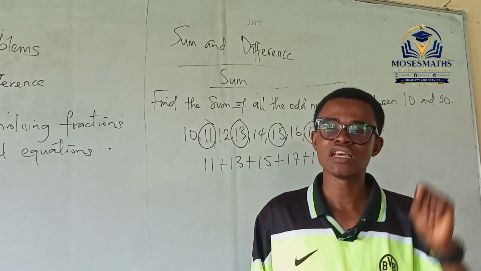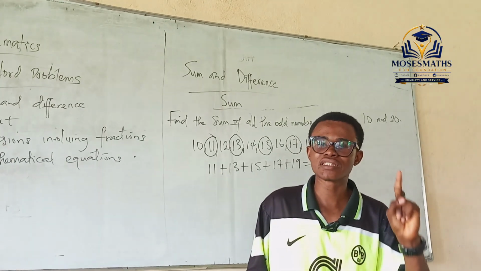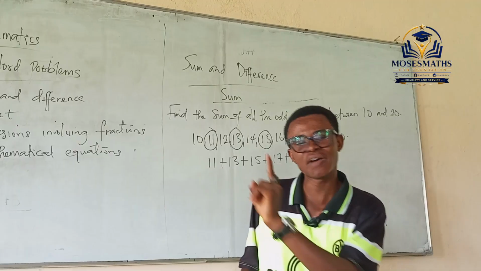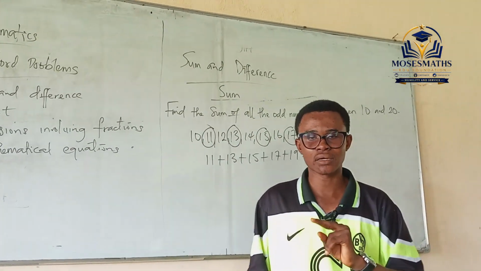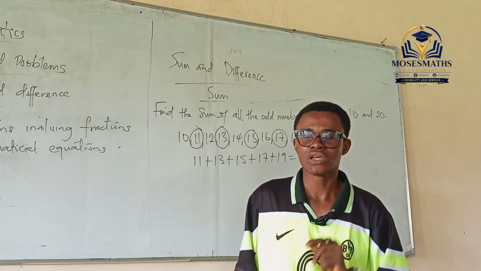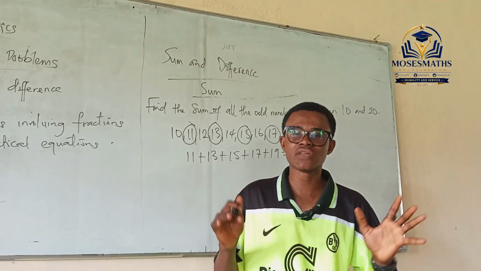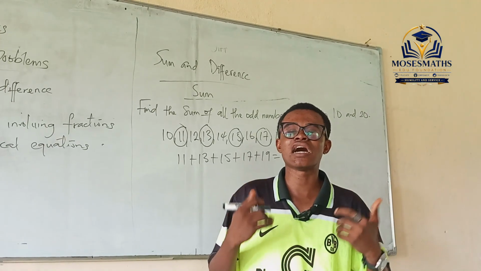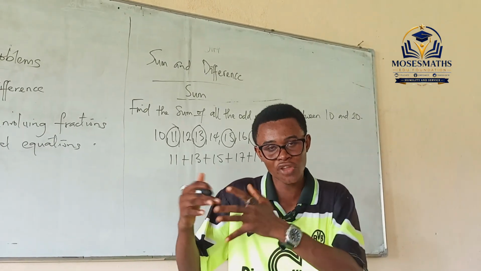But under the difference, you have two types of difference in mathematics. You have positive difference and negative difference. The positive difference is the one that will give us a positive answer, while a negative difference is the one that will give us a negative answer. Then how can you get a positive difference? When you are given two numbers, say 3 and 4, and you're asked to get the positive difference between these two numbers, the thing you have to do is subtract the smaller number from